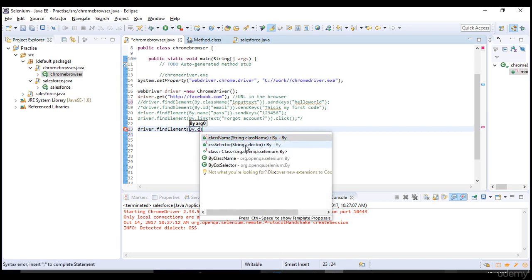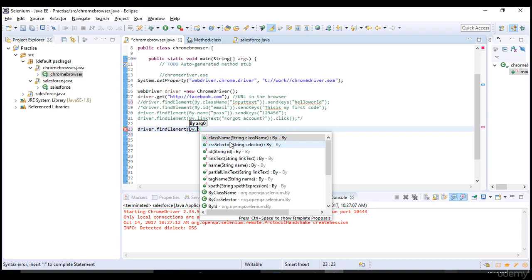That's it. So by what? Earlier we used ID, we used link text, we used name, and you can also use partial link text if you know the subtext of it. Tag name you will learn in coming sections, not now. XPath we have seen, that's all. These all are the locators Selenium supports. So now we are trying to identify it using CSS.